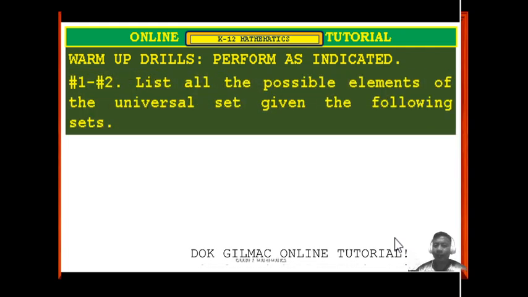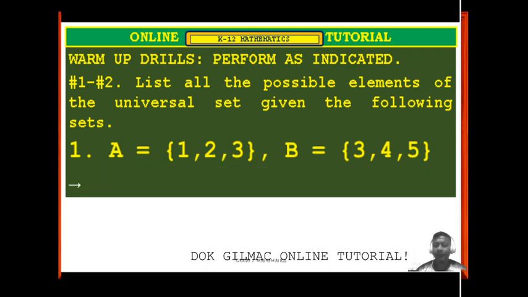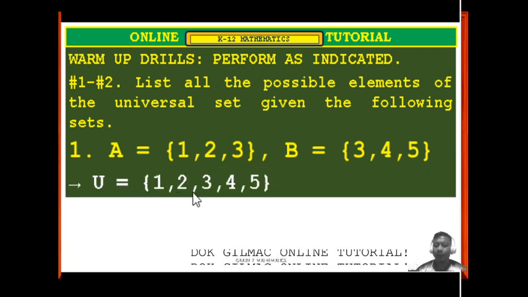List all the possible elements of the universal set given the following sets. We have set A is equal to 1, 2, 3, set B is equal to 3, 4, 5. Just combine all the elements of A and B. Yes, very good. So we have set U is equal to 1, 2, 3, 4, and 5. Take note, both set A and set B have one common element, which is 3, and should only be written